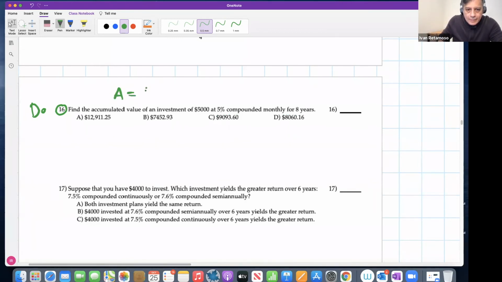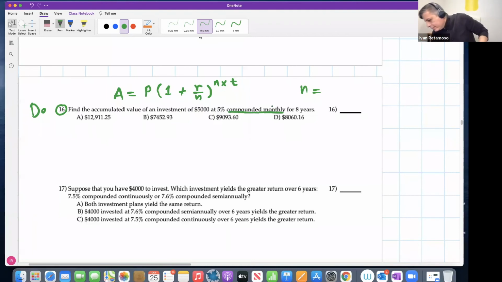A equals present value times 1 plus R over N raised to N times T, right? N times T. And anyone could tell me, based on this, what should be the value of N? Since it says compounded monthly, what should be the value of N? Gabriela, excellent. 12, right? Because 12 months in a year. Excellent. Yeah, from the table, right? And 12. Just do this and compute your